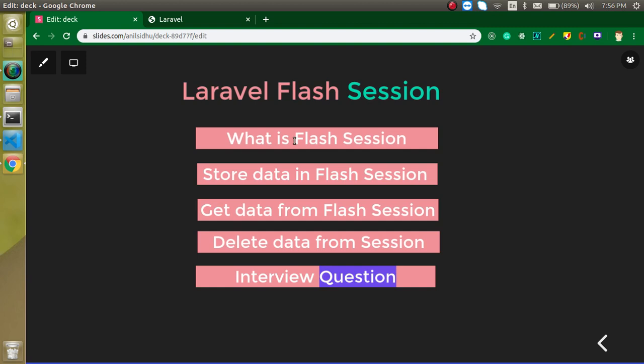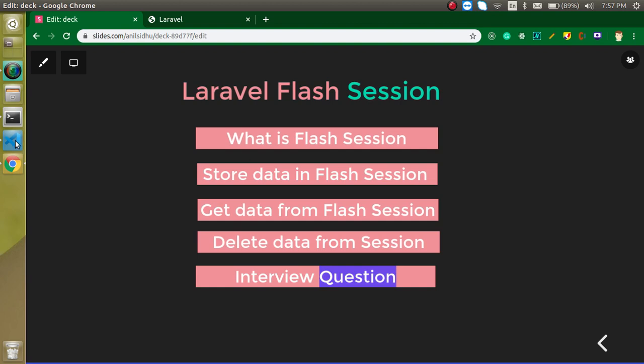This is very useful when you are storing some data or sending a mail and you just want to show a confirmation message like the data has been stored and the email has been sent, right? So let's say you have a form and you enter some values to send the mail, and when you click on send mail, after sending the mail the page will be refreshed, and for the first time you will see your Flash session work and you will be able to see a message that your data has been sent. But when you refresh once more, then the data will be erased from here, right? So let me show you the example.